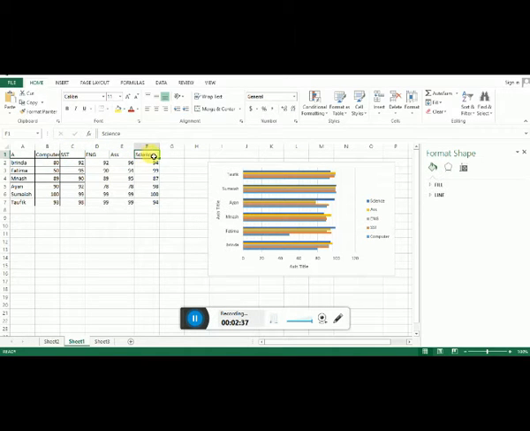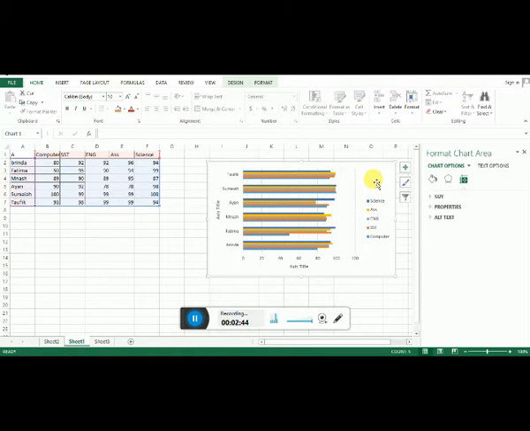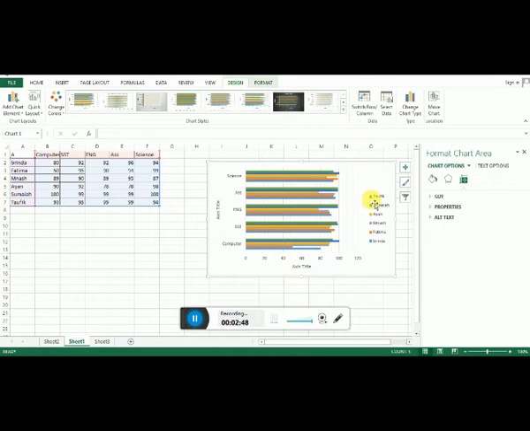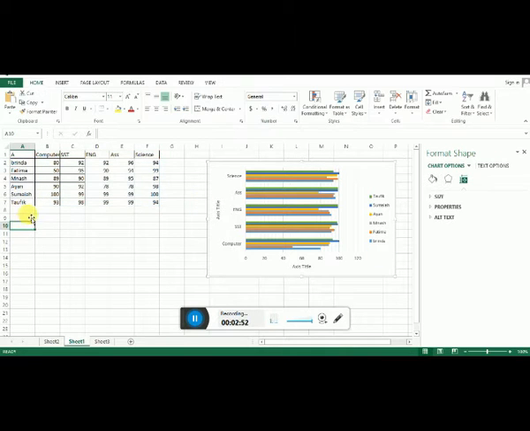So you can see only the row names are here. But when I use switch row and column again, you can see only the names are here. Yes, that means the column names are shown here.